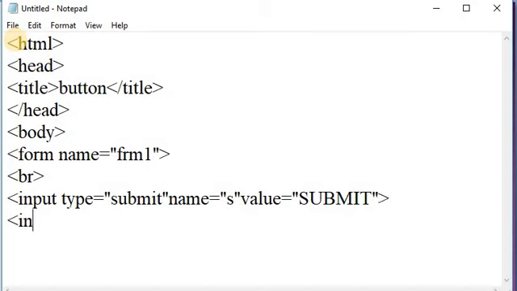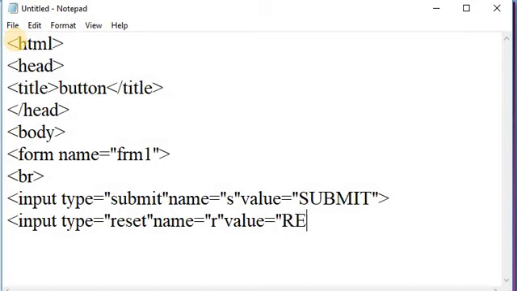Next is an input type, here input type as reset, and name is equal to R, and value is equal to reset. Okay, close this input element.